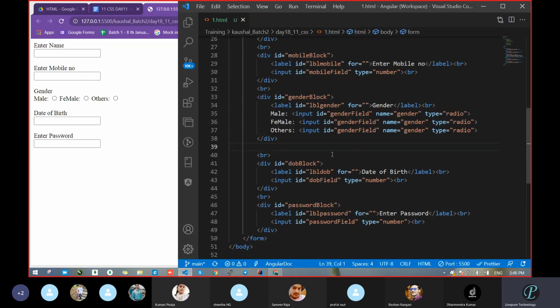For writing the name outside, if you want the name to be after the radio button, just cut this line and paste it last. You will get the radio button first. Then do the same for this.